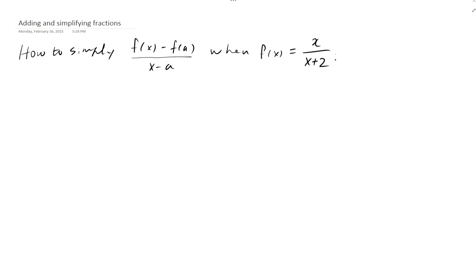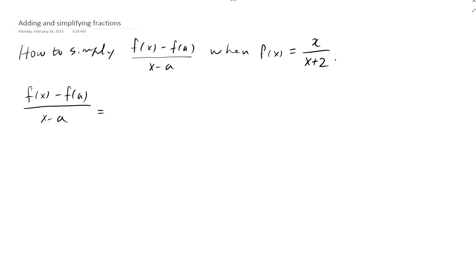Hello, here is an example of how to simplify this famous ratio when f of x is a fraction. So the first thing we need to do is plug in the values and then set up the ratio. What we have over here is the following: f of x minus f of a over x minus a